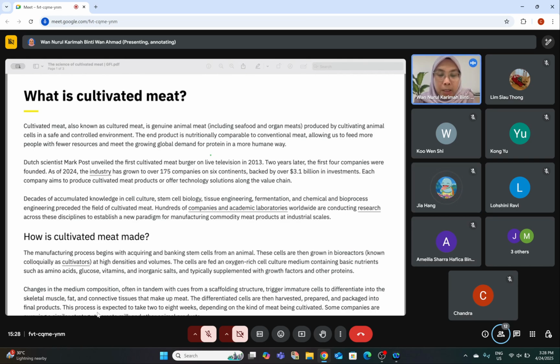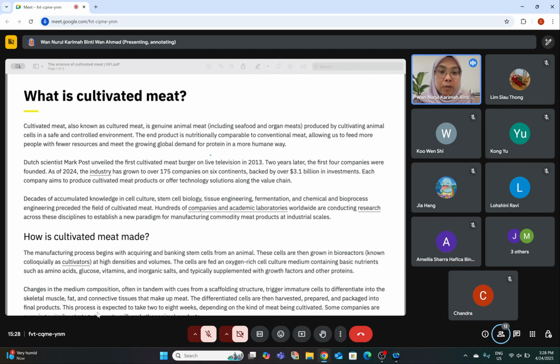Betul? Because there will be a market. Basically consumers who are maybe more interested to eat lab-grown meat compared to the conventional or traditional meat because of the concerns. Maybe they are socially or environmentally more concerned or conscious. So there are markets. So even from the economic point of view, we can see in terms of the